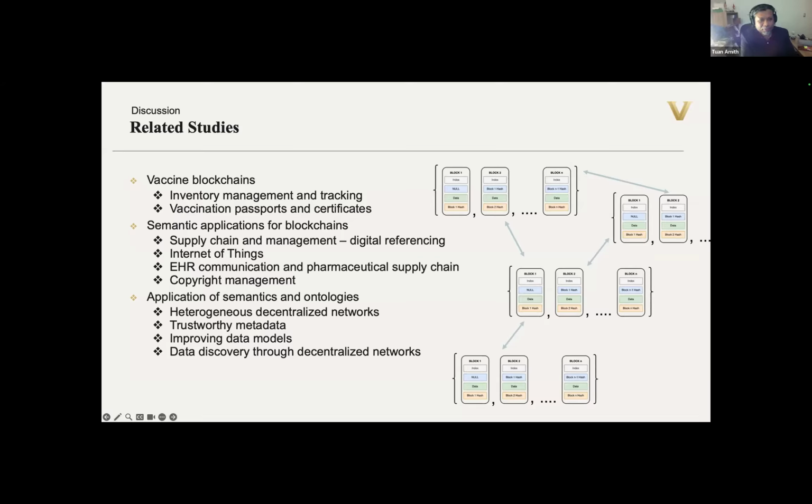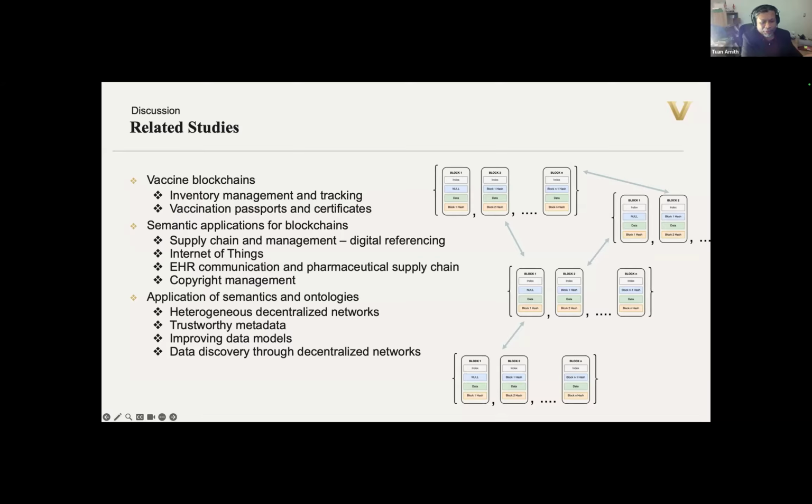So, for example, one benefit of using, say, ontologies for this work is that we could describe the data and also use SPARQL to query some of the blocks within the chain. But aside from the benefit on the querying side, there's also the interoperability benefit. There's also the linked data aspect, as well as the possibility of validating and reasoning on the blockchain.